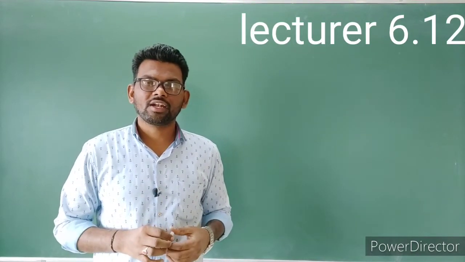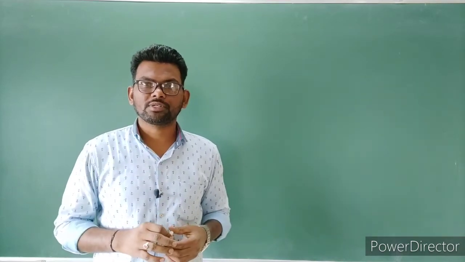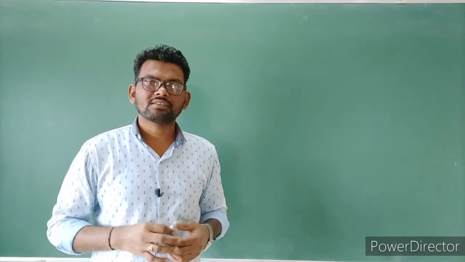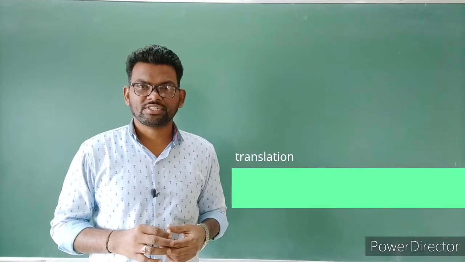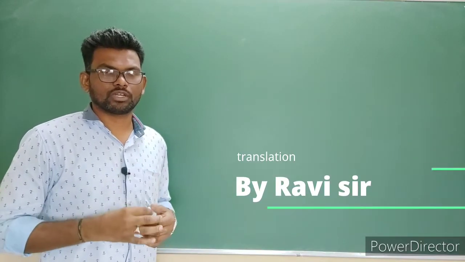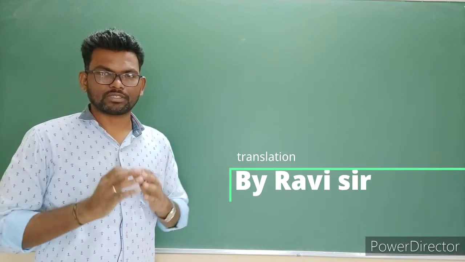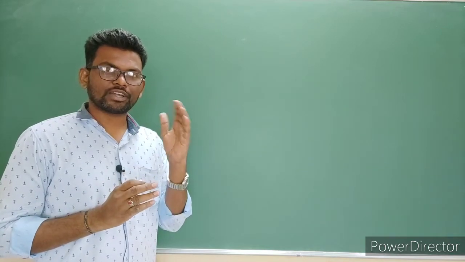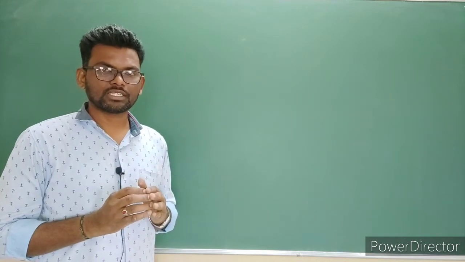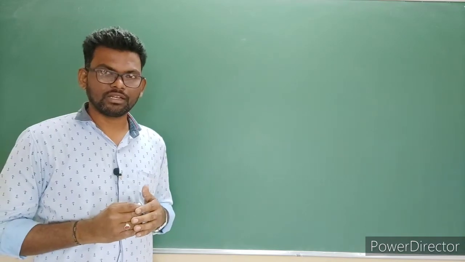In the last class we already learned about mutations, the genetic code, and the basic requirements of the translation process. So in today's class I am going to start with translation. Let's start with the mechanism of translation, how the protein molecules are going to form. For your better understanding, I divide it into 5 parts. First is charging of tRNA, or activation of amino acids, both are the same. Next are initiation, elongation, termination and folding of proteins, right?